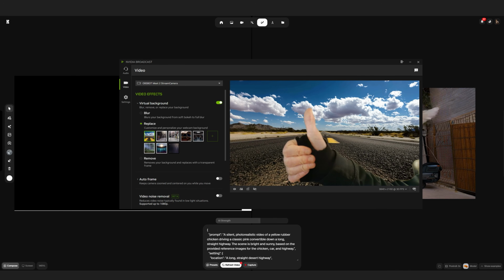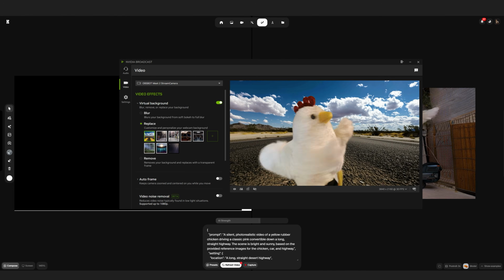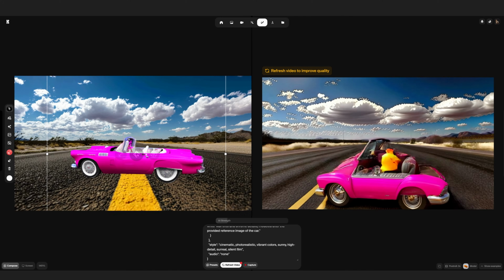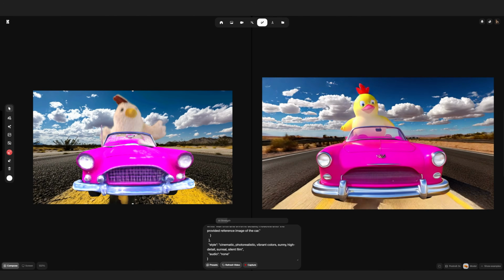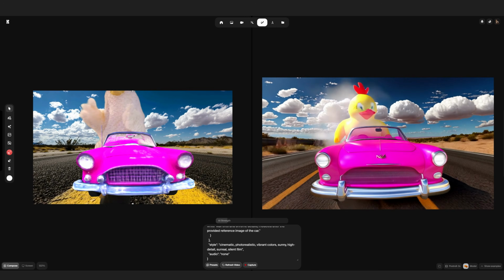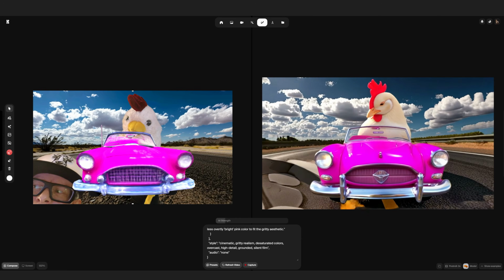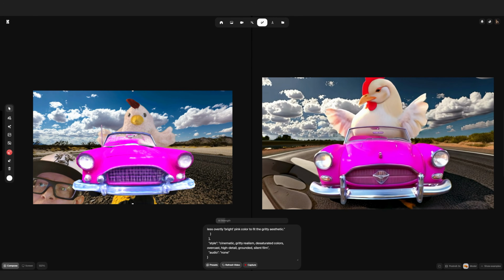I elected to take this show on the road and see if I could get the funky chicken to drive a fancy pink convertible. That gave me the opportunity to check out the Convert to 3D feature that I believe was introduced in the real-time imaging model some time ago. Well, it certainly works, but it doesn't seem to be helping the video model get the chicken to act like it's driving. Eventually, I just started trying to strike a Titanic pose and figured if I could land one of those, I would call it a day. So, I guess mission accomplished.